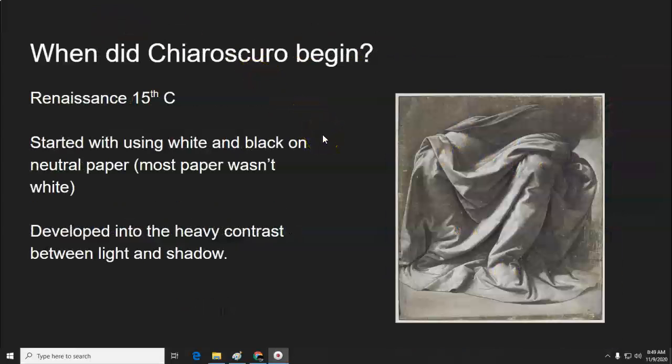It began in the Renaissance, around the 15th century. And it started with just paper and using white and black on neutral paper. Neutral paper because most paper wasn't white then. That was before they bleached paper. You guys are used to highly processed bleached paper. The original paper was kind of a tannish gray color, and it was very rough. So they would draw on it with black and white, and it